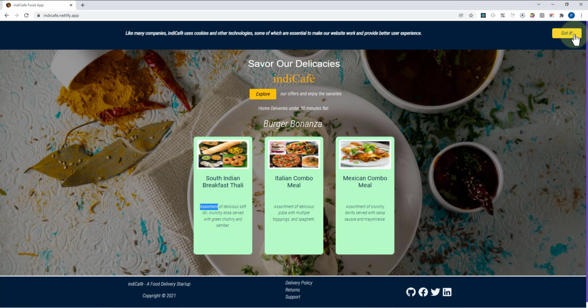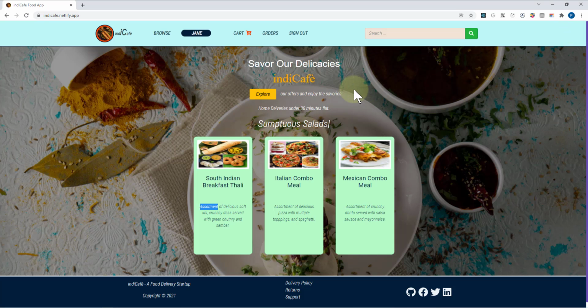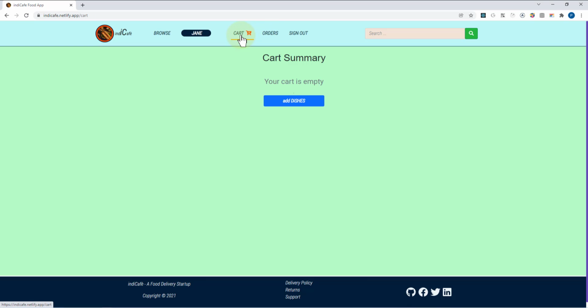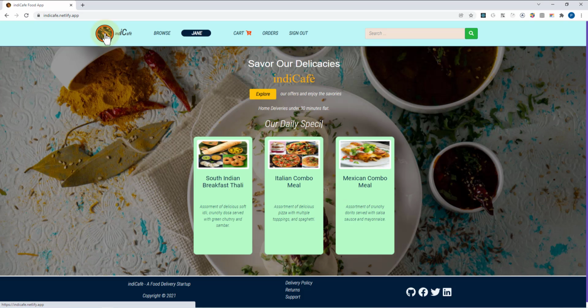So I'm going to go ahead and say got it, and next we can actually go ahead and say explore or go to the orders and do all the other navigation here. Okay, and go to the home page and stuff like that. So that was to do with the compliance management, which are generally regional in nature or could be related to the international laws or local laws and stuff like that. Okay, so that's a small part of compliance management, because generally compliance managements like GDPR are pretty broad in nature,